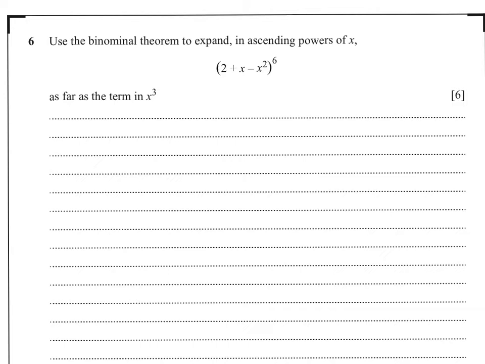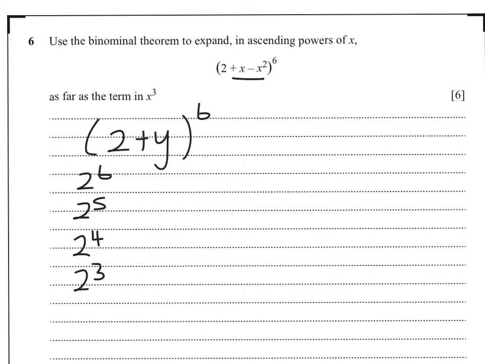To simplify the algebra in this question, I'm going to replace the x minus x squared with just a y. So I'm going to expand 2 plus y to the power 6. That means we need a 2 to the 6, a 2 to the 5, a 2 to the 4, 2 to the 3. With no y in the first term, then we're going to have y to the power 1, y squared and y cubed, and I can finish there because I only have to go up to x cubed. And we have our 6c6,